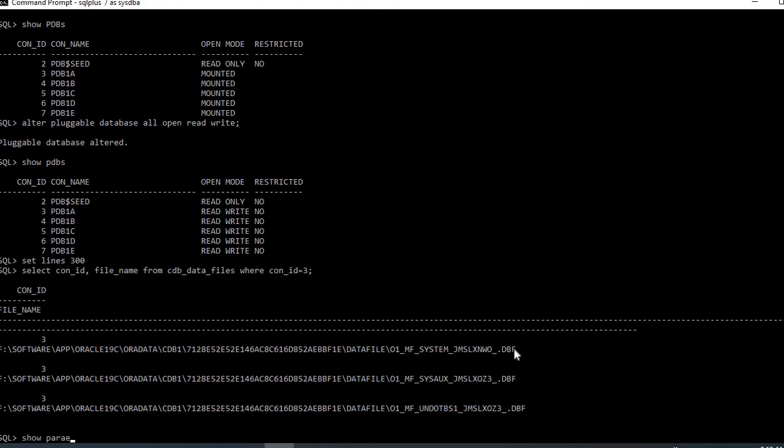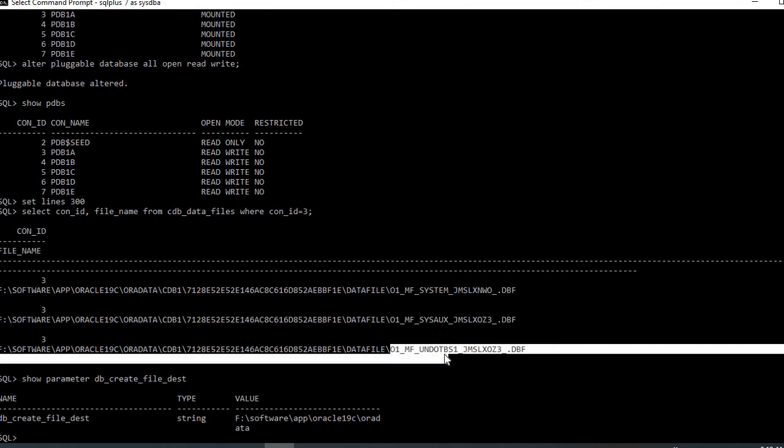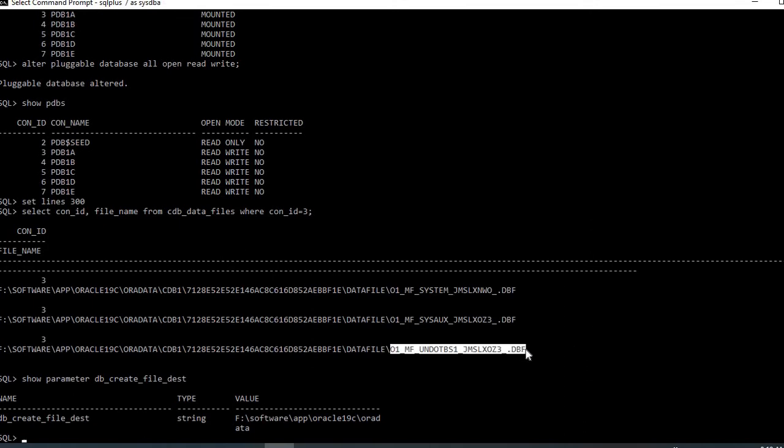My DB_CREATE_FILE_DEST parameter is set to F software app Oracle 19c or data. So when I created this PDB, I didn't use any clause, so Oracle automatically picks up this location and adds CDB1, the PDB GUID and the data file folder,